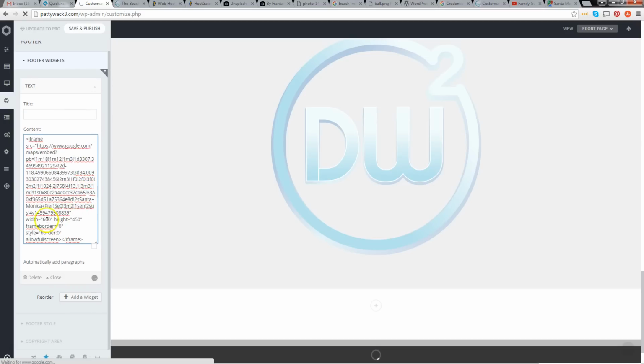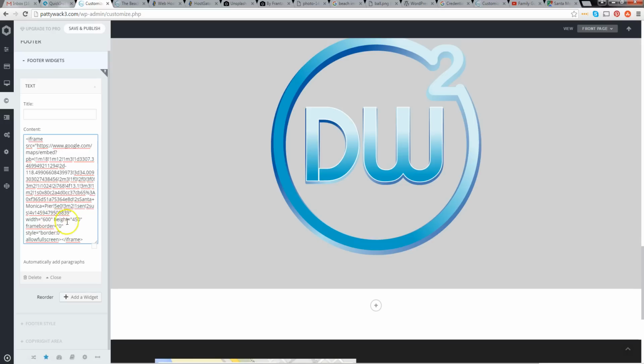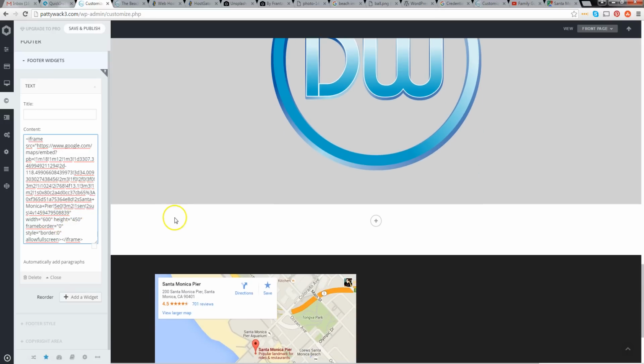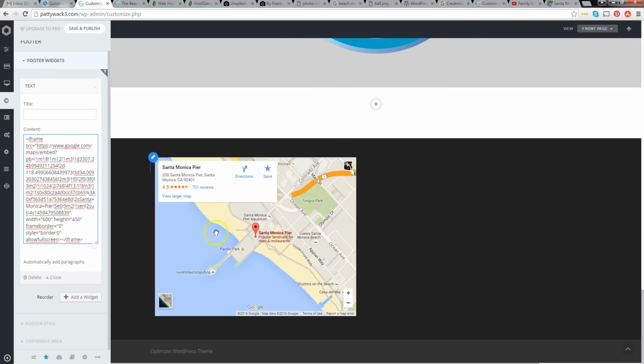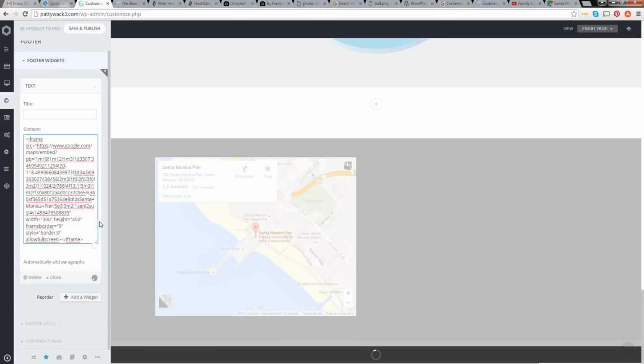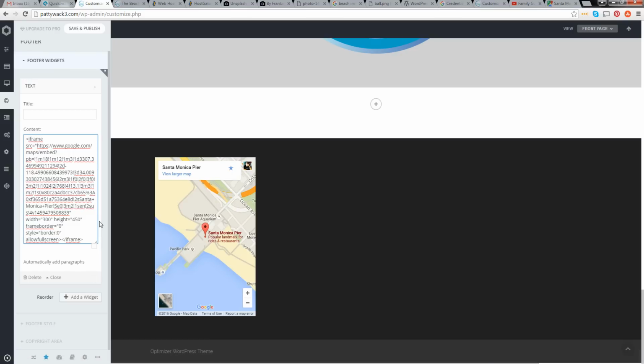And you guys also, you see this little coding right here under width and height? We can change that there too. So here's the map now. We can change this to basically however we want it to look. So under the width, we can type in 300. And it's going to change it to 300. It's going to make it smaller. So however you want to design it,